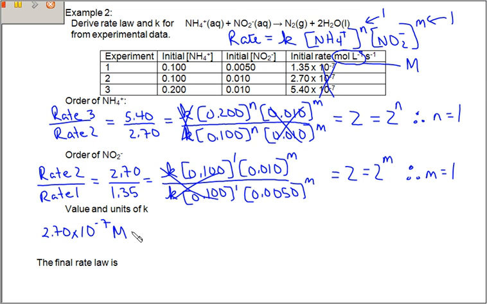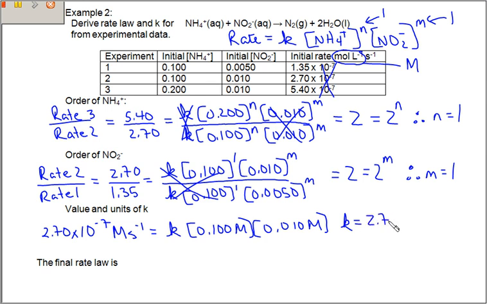So I'm going to have molarity second negative 1 equals K times 0.100 molar times 0.010 molar, since they are both to the first power. When you solve for K, you get K equals